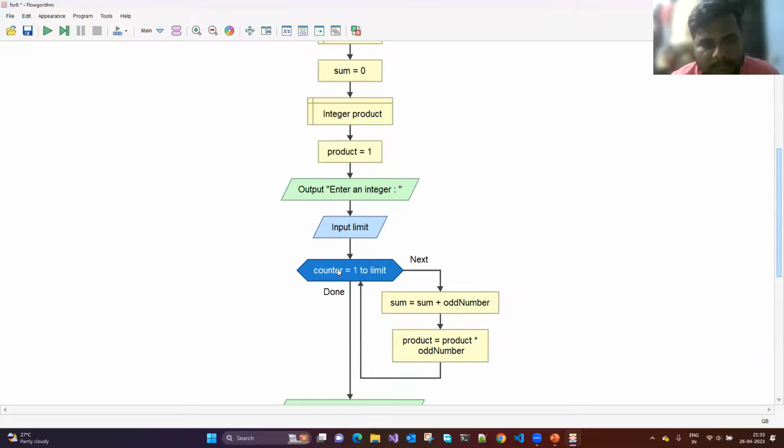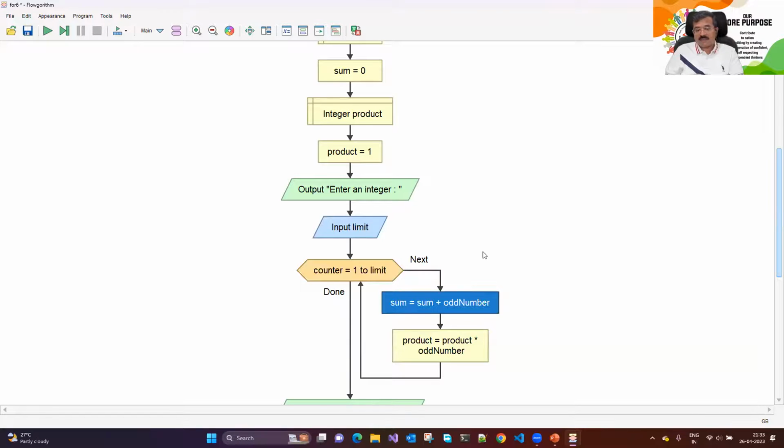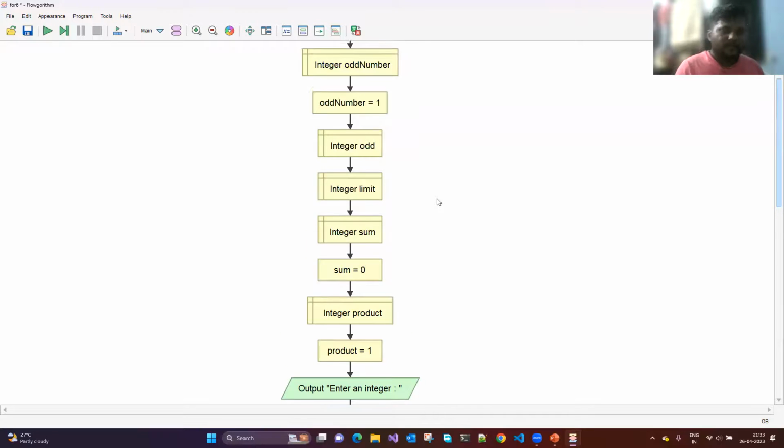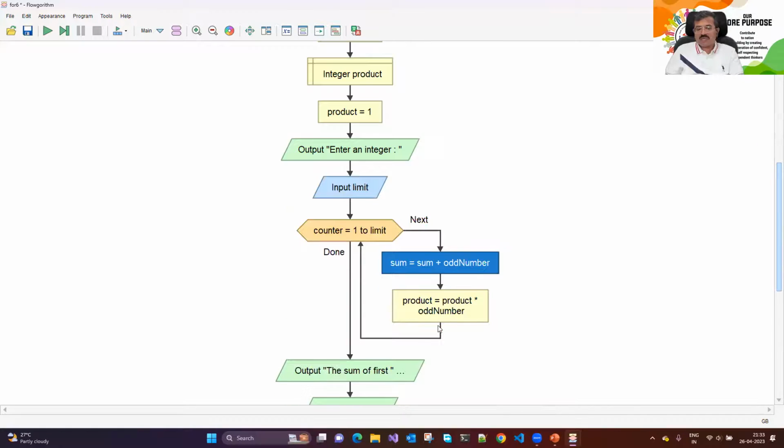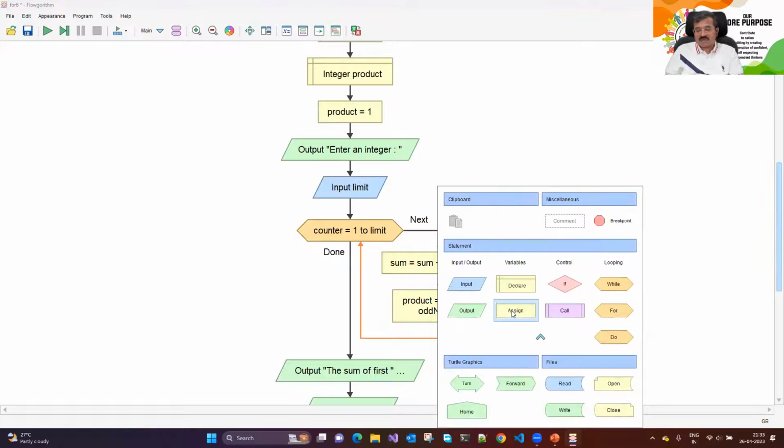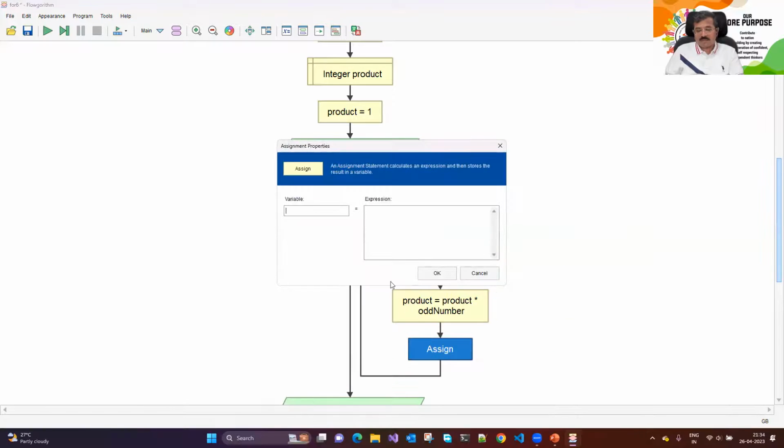Yes. Next time counter will now be 2. And odd number क्या रहेगा next time? Odd number 1 ही रहेगा. तो odd number को increment करो ना 2 से, क्या फर्क पड़ता है? So there is one more way to solve this example. I could have just said